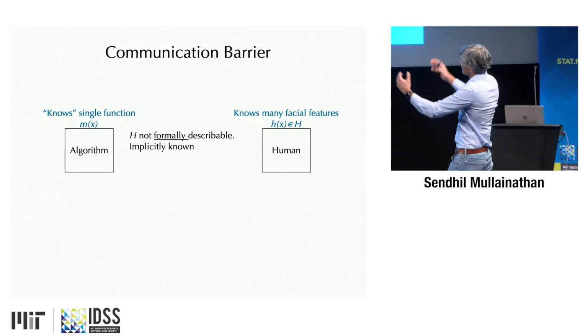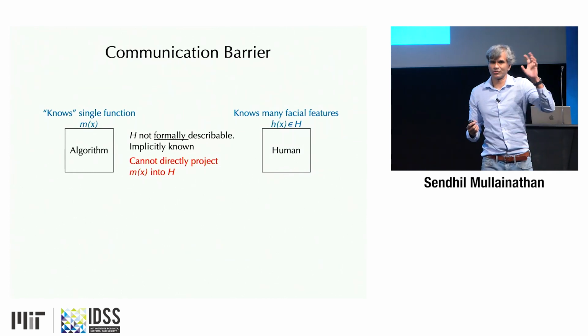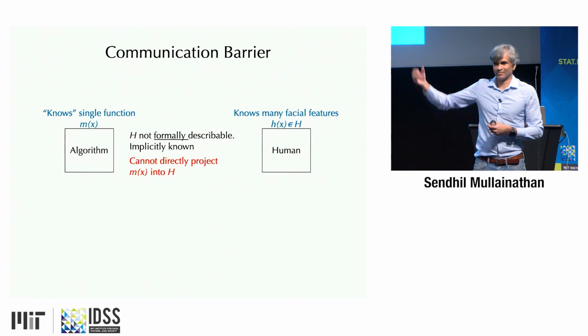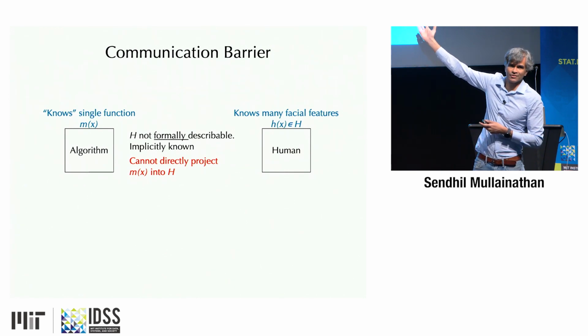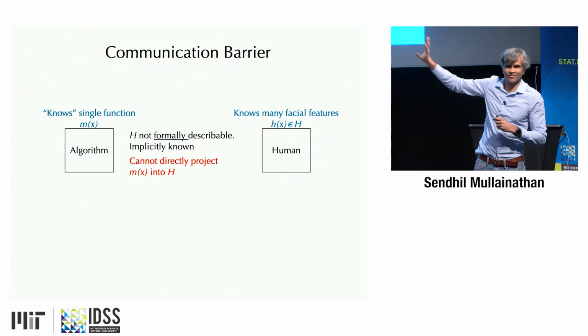What that means is communication here is not mathematically just an activity of projecting m of x onto h. Even though I can say that's all I'm trying to do, algorithmically I can't do it. I don't have access to h. I only have a procedure, the people who can then tell me individual examples, but that's it. I don't have h.